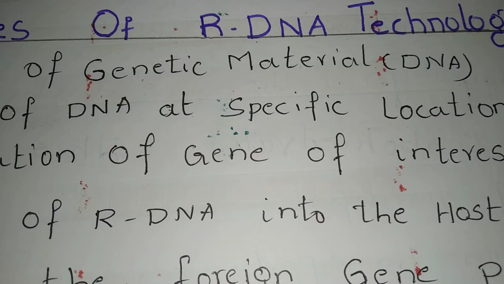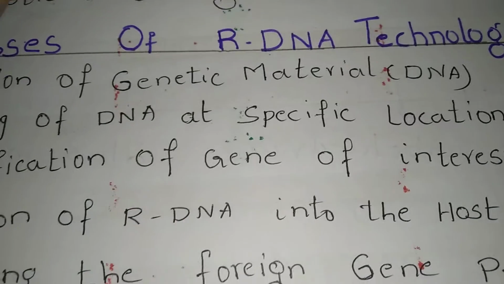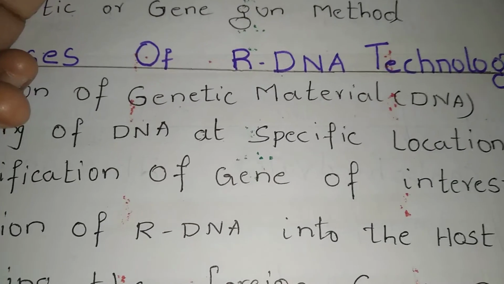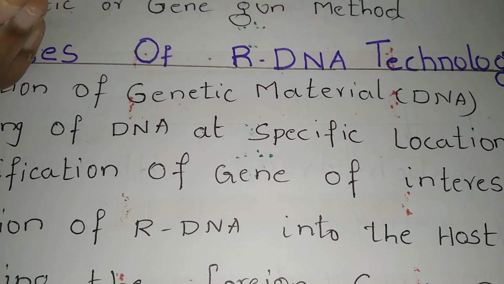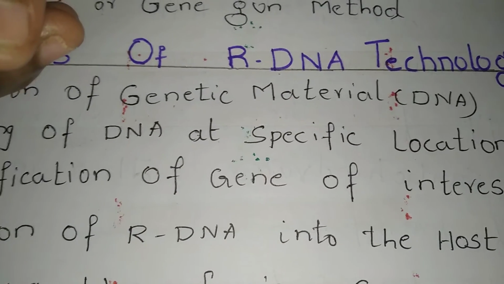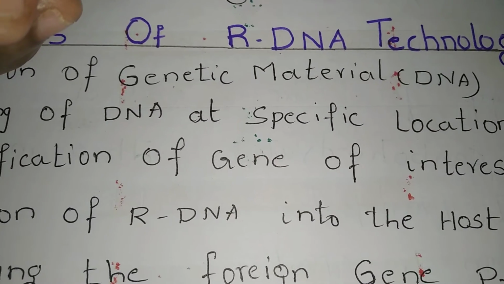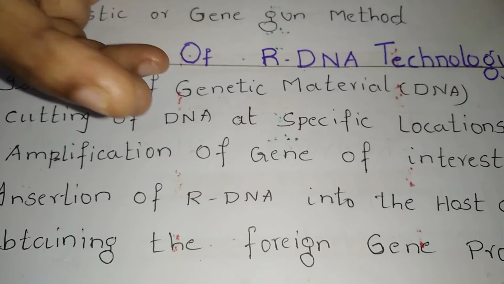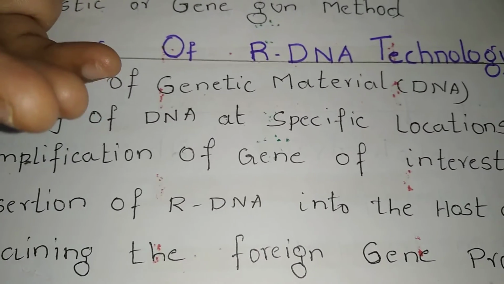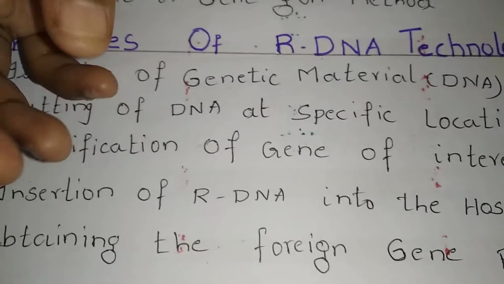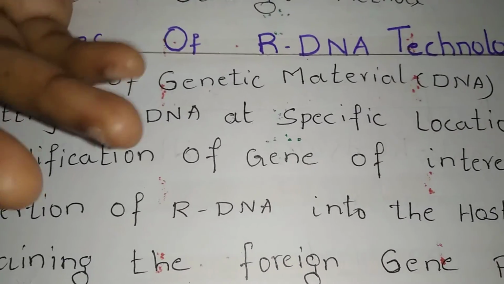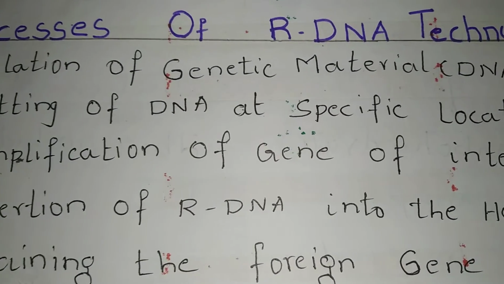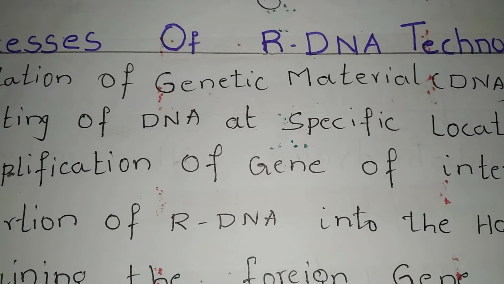Suppose a protein is expressed in a heterologous host, then it is called a recombinant protein. So in this, what we are going to do is culture the cells which have the gene of interest on a culture medium, and then